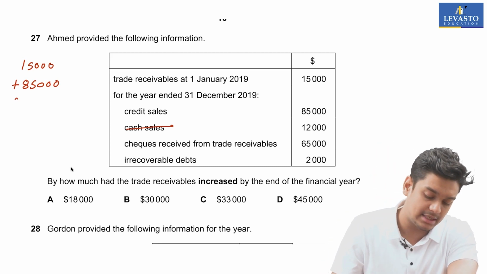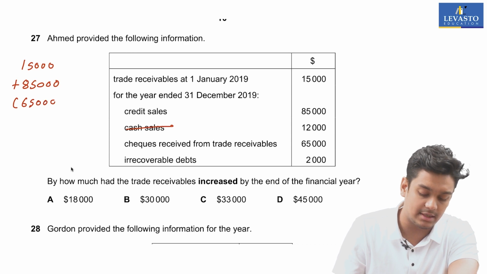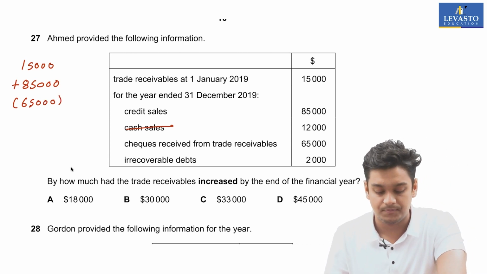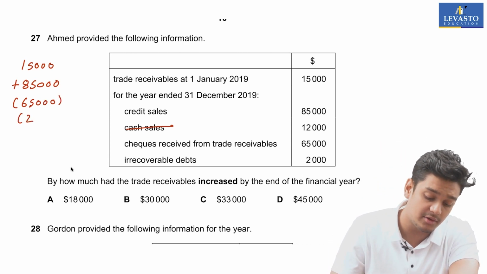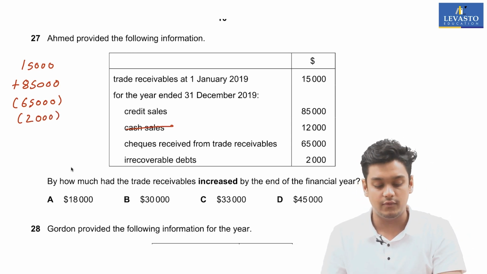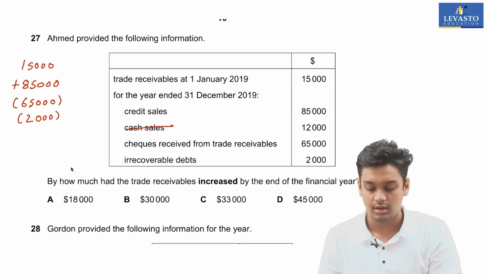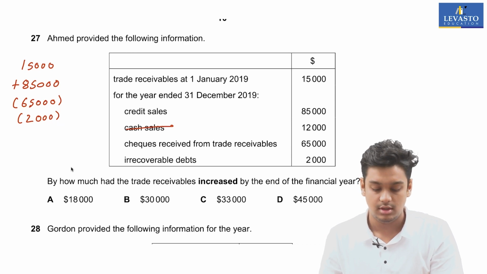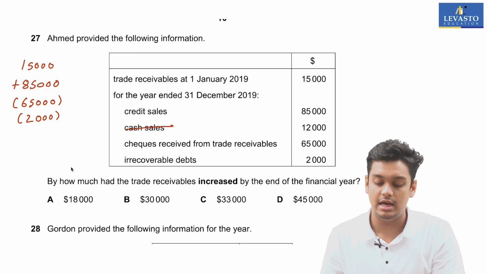Checks received from customers, that will reduce the balance, guys. If the customers are paying, that will cut off the amount. Bad debts, that also will reduce the balance, guys. So what are we left with? 15,000 plus 85,000 minus 65,000 minus 2,000. We are left with